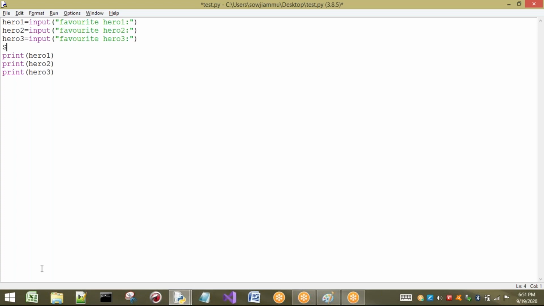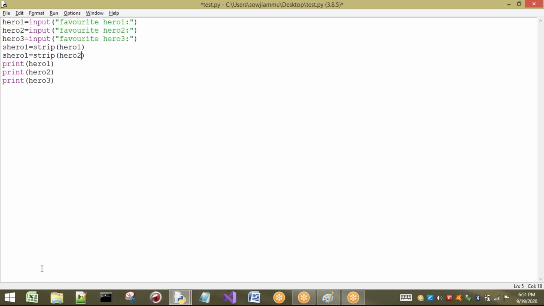I want to show you, I will take some s, because I am going to strip them. I will take strip equal to what I want to strip. I want to strip the value that is present in hero 1, for example. In the same way, I want to do it for all the cases. I want to strip. If there are spaces, it will remove them. If there are no spaces, it will not remove.